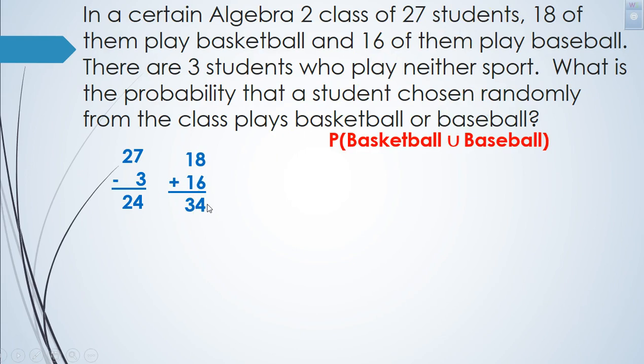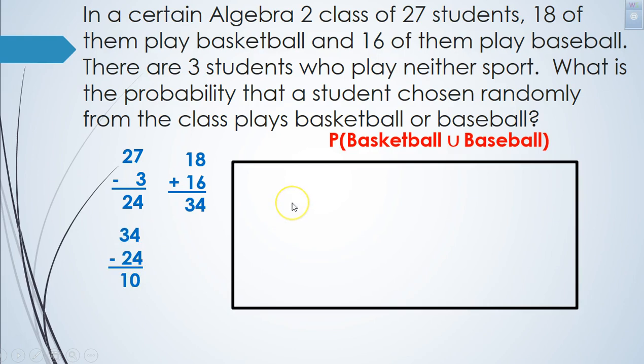So hopefully you remember what we're going to do with these two numbers. We're going to subtract the 24 from the 34 to find out how many played both sports. So that gives us 10. So here again we're going to draw a box, and we're going to do an oval with basketball and an